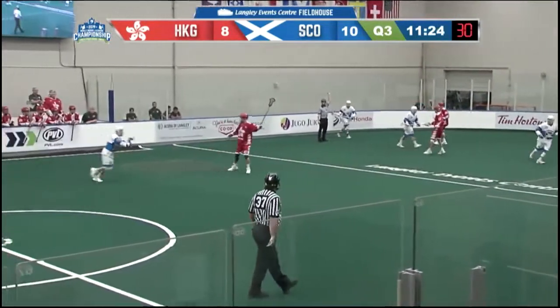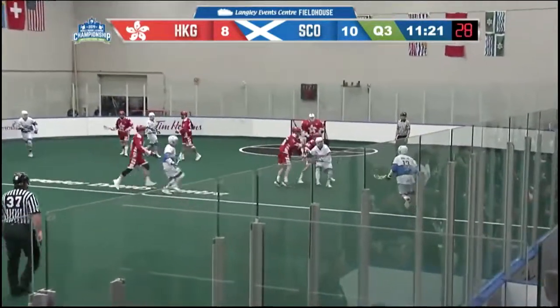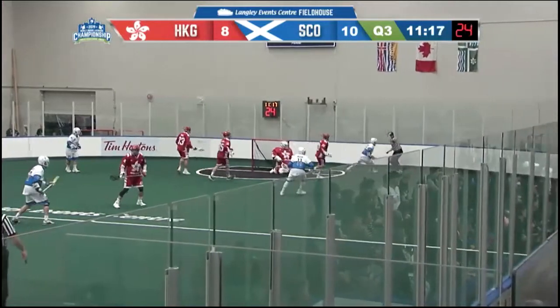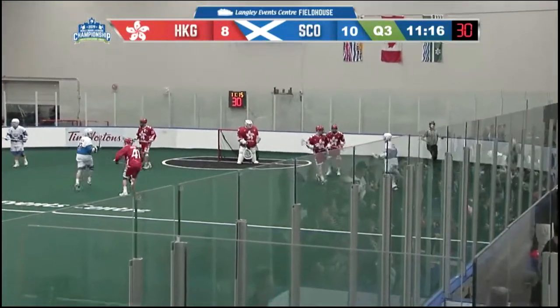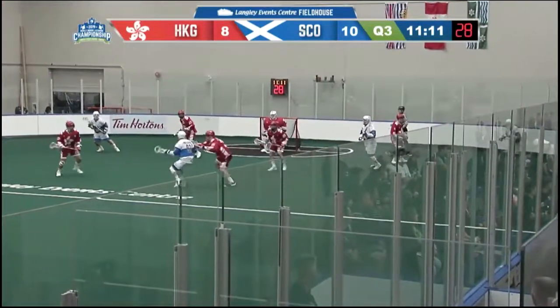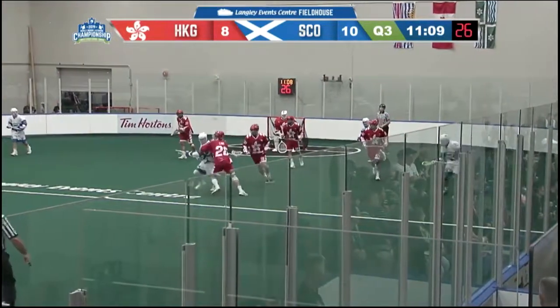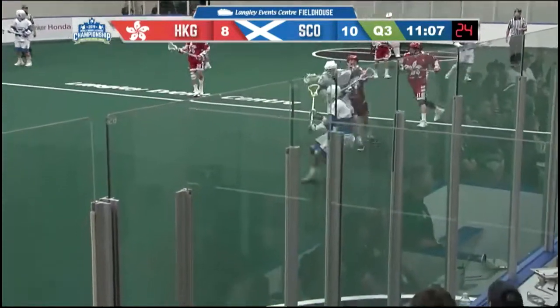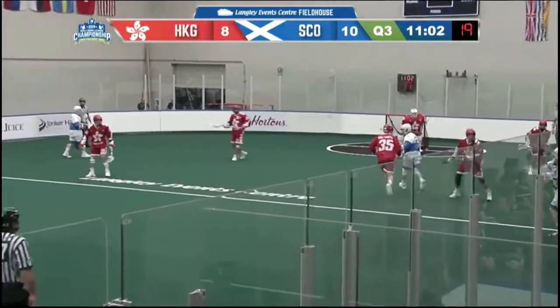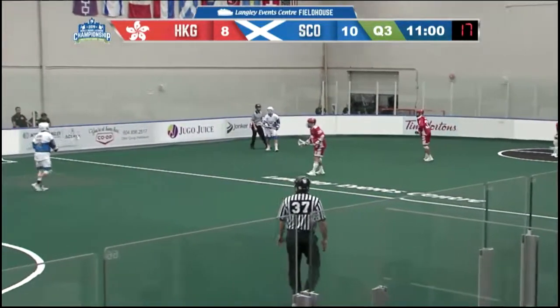Shot from the left side there in Hong Kong territory. Vickers now in front. Pacieski kept out. Pacieski getting his own rebound off the right boards. Pacieski trying to head back in. Kept out though, knocked off the ball. Barkley will scoop it up on the Hong Kong side of center as Barkley tosses it across, high left side.